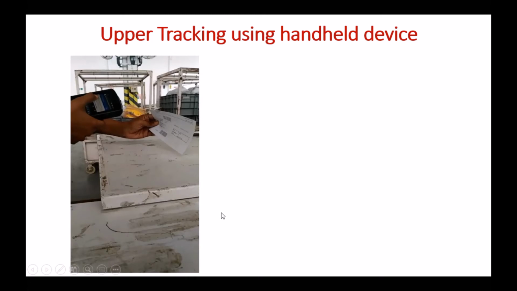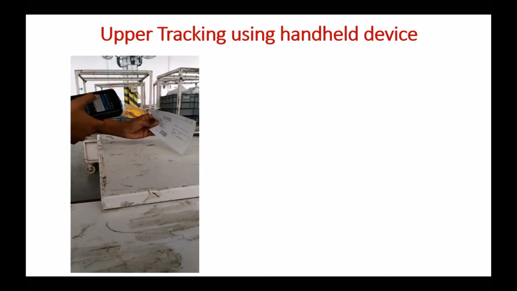Again, for the upper tracking, we suggest using a handheld device and the cutting slip printout taken from TPCS. So it is very easy for them to track. No need for any additional person or an operator to collect all these job cards and record it in the system. The operators, whoever is doing the process, will be able to quickly scan, because the pieces move along with the printed copy of the TPCS job cards, and the operators will have the handheld devices, so it's very handy